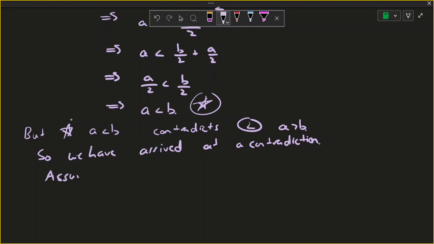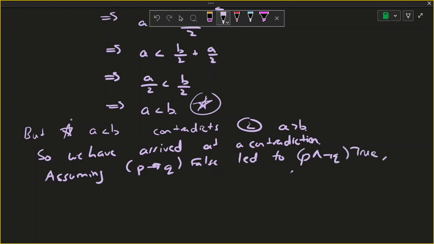And just recapping it all, assuming if P then Q is false led to P and not Q is true, which led to